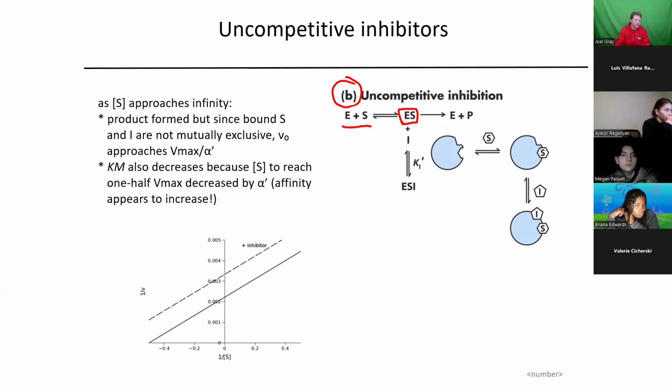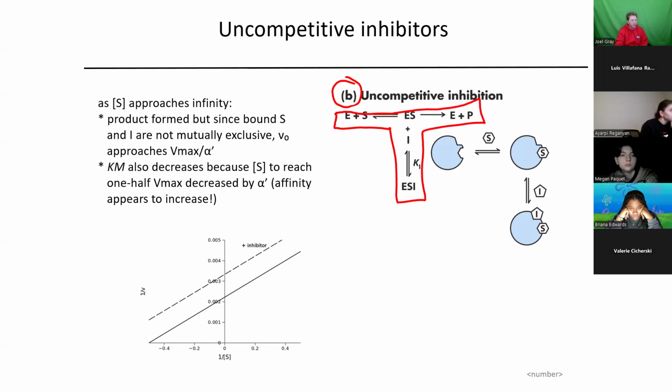An uncompetitive inhibitor binds the ES complex. It could care less about the free enzyme, but whenever the enzyme has bound to the substrate, something about it makes it possible for that inhibitor to bind. I always like to compare and contrast the competitive and uncompetitive structures, if you look at our schematic here,